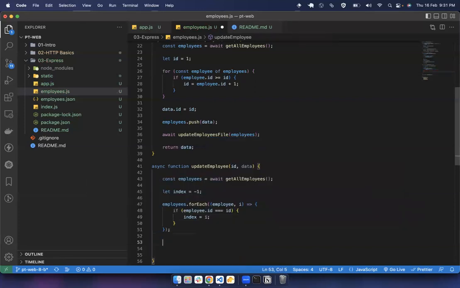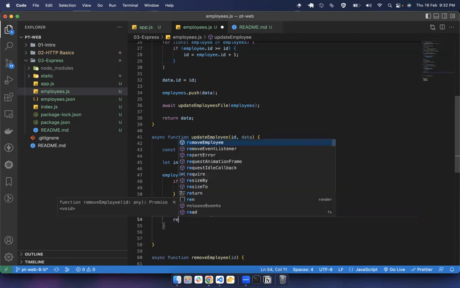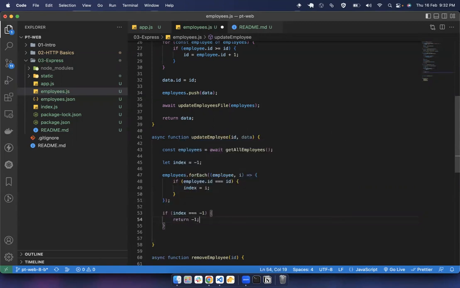Okay, so there could be two possibilities. Let's say the ID provided exists in this array, or the other possibility could be the employee does not exist with that ID. So if, let's say, index is still -1, we will return -1, else we will return